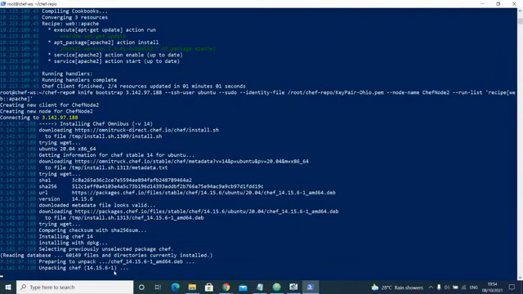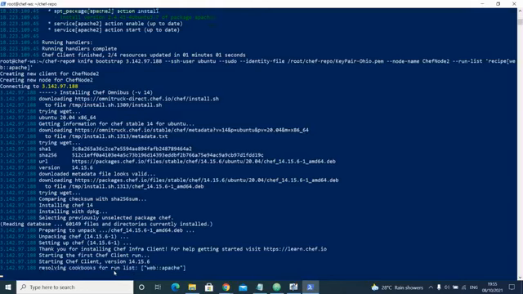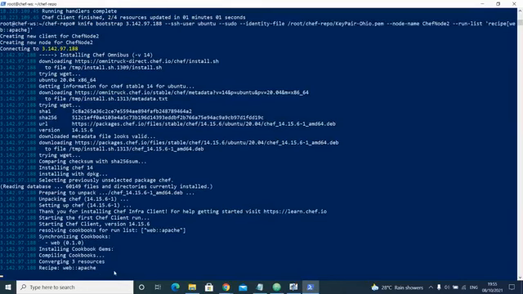Chef is an alternative to Ansible. I mean, you can use Ansible also. Chef and Ansible are for configuration management. You can install software in hundreds of servers in no time using these two. Here we use recipe files.